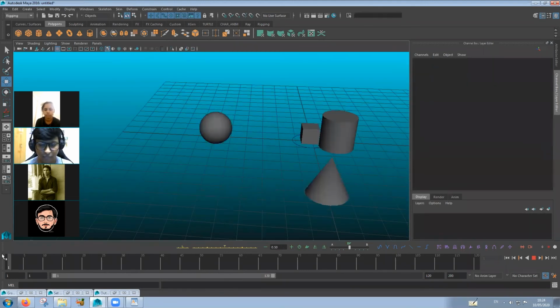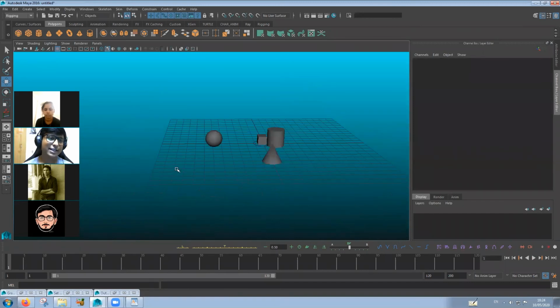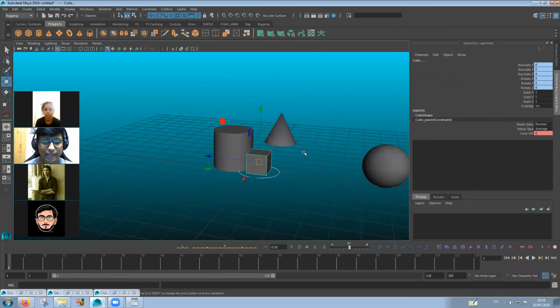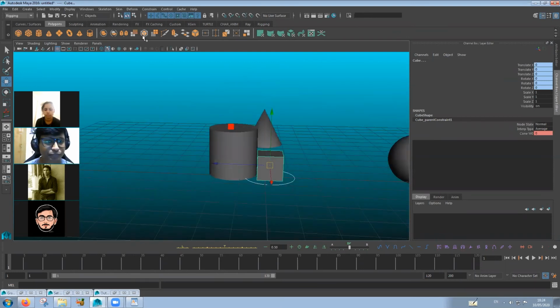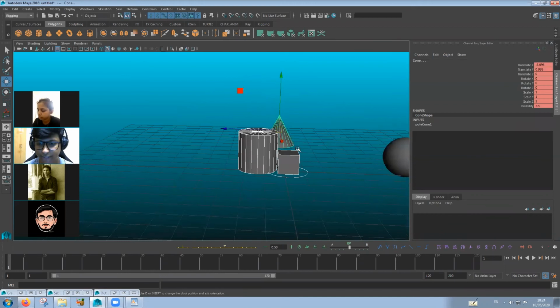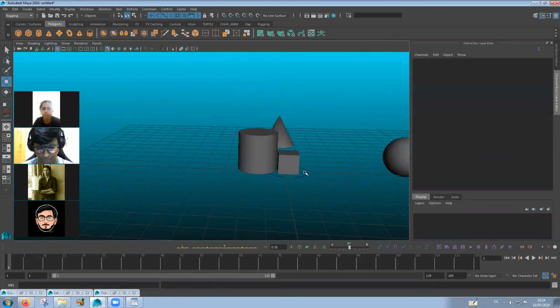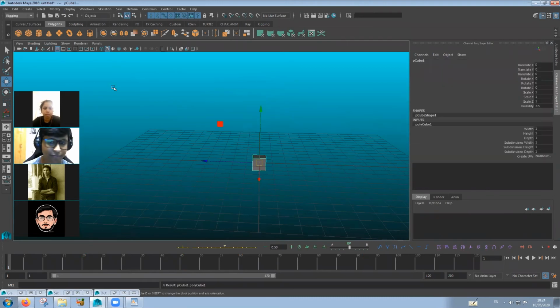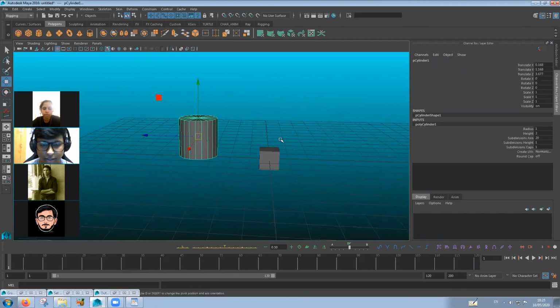So, for example, Shweta asked me before this webinar started. She is the one who put up this question of multiple constraining. She was struggling with that, and a lot of people do because I've seen that. So what you can do is, say for example, this is an object. Get rid of everything. We have a cube over here and a cylinder over here.